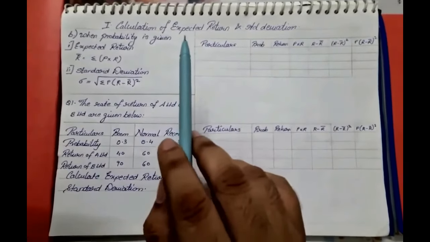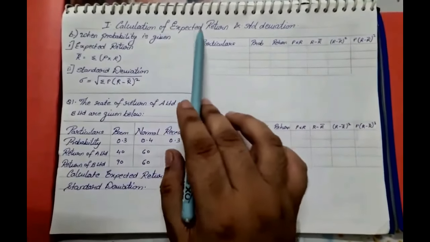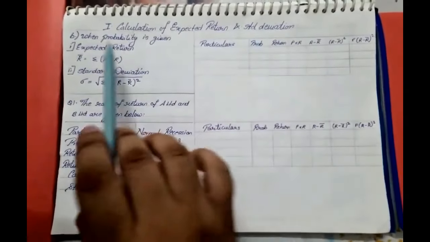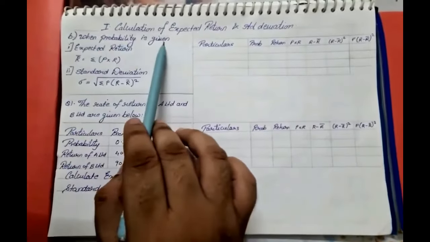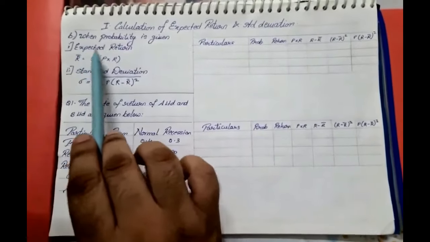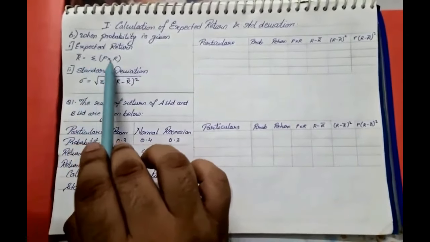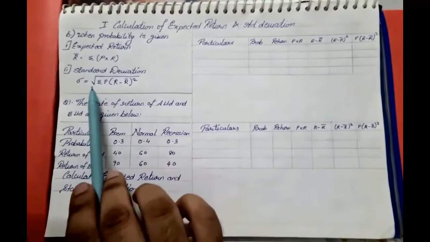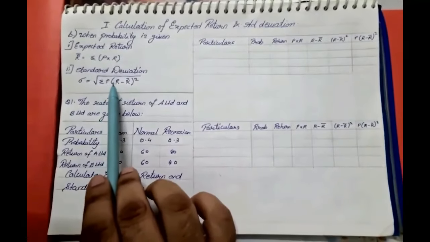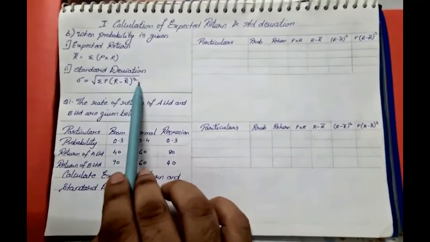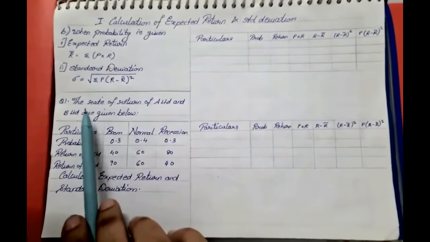Okay, now the second method for finding the expected return and standard deviation is when probability is given. Two formulas: expected return R bar is equal to sigma p into r, and standard deviation is the root of summation p into r minus r bar the whole square. Now the question given here is,